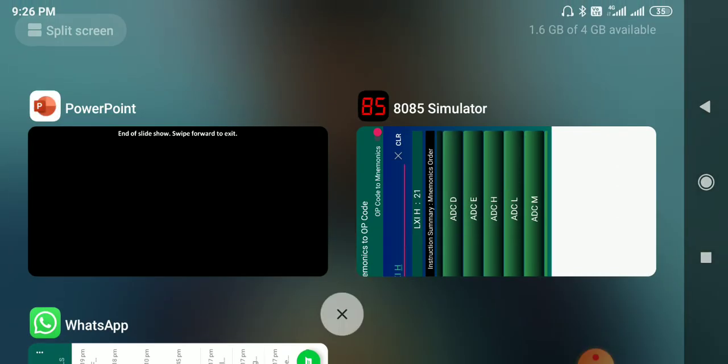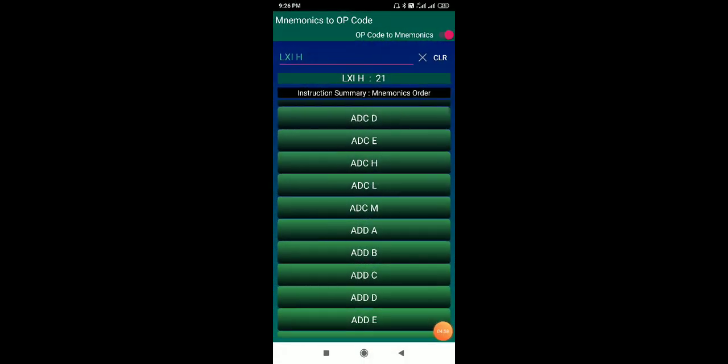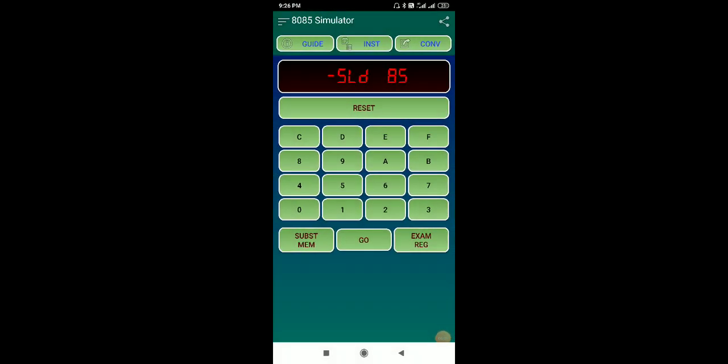So first you have to click on substitute memory. Here you can choose any starting address, 2000.